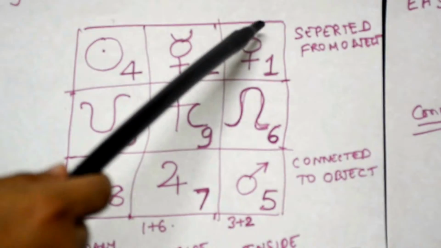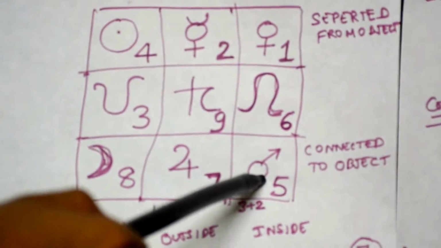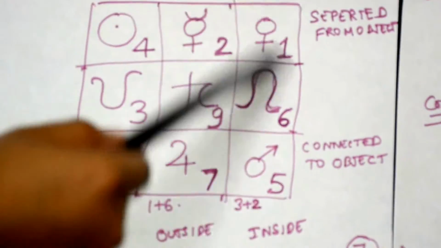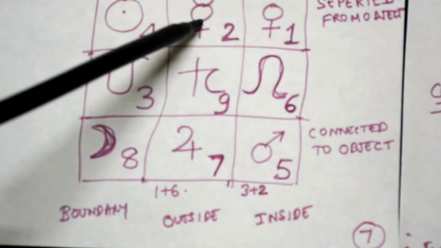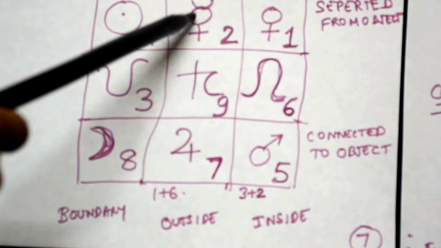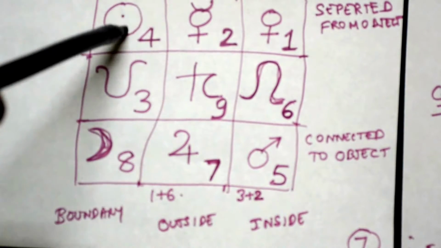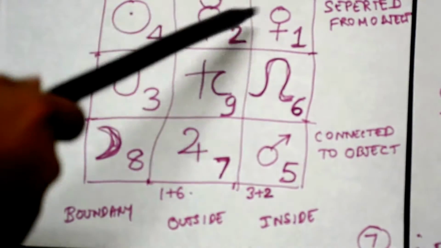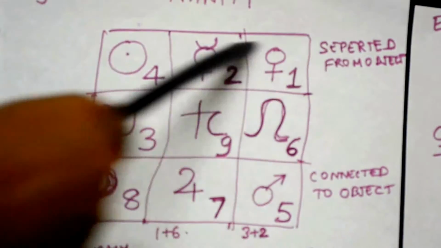Now system-wise, either nothing is inside or nothing is outside. Here the system is the flip of the system, here there is a flip of the boundary. Everything is inside, everything is outside. Here is the flip of the surrounding, this is the flip of the boundary. So everything is in perfect symmetry.